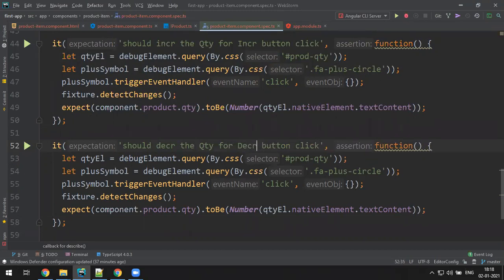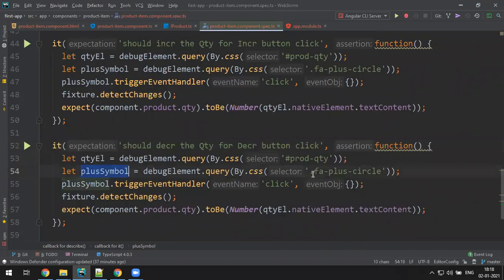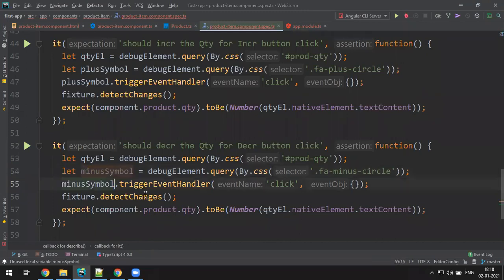The only thing you have to change is the minus symbol. For the minus symbol, I have a class called minus symbol. Copy and I'll paste it here. This minus symbol you're supposed to keep here, and it will detect changes.